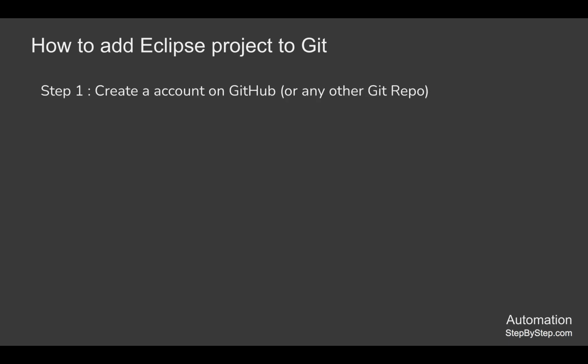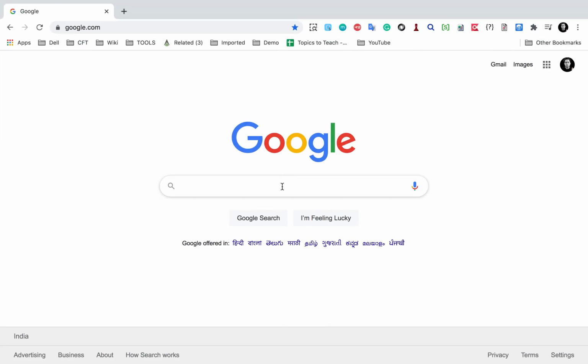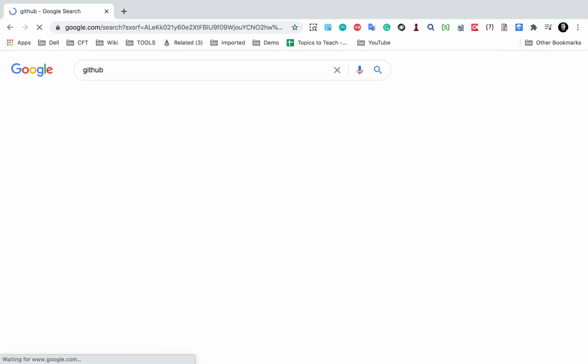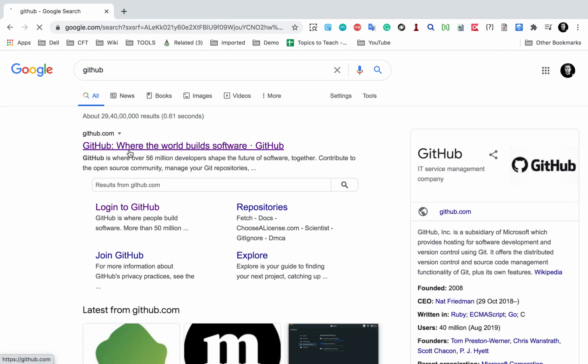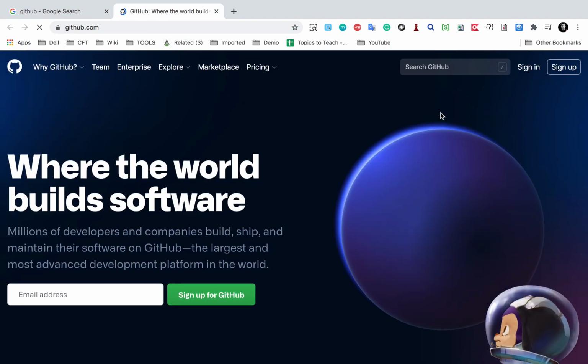So the first step is we will create an account on GitHub, or it can be any other Git repository or cloud repository providers like Bitbucket. So I will go to Google and search for GitHub, and this is here. I will go to github.com, and here we have to create a new account. In case you already have an account, you can use that. You can go to sign up and create a new account, and in case you already have an account, then